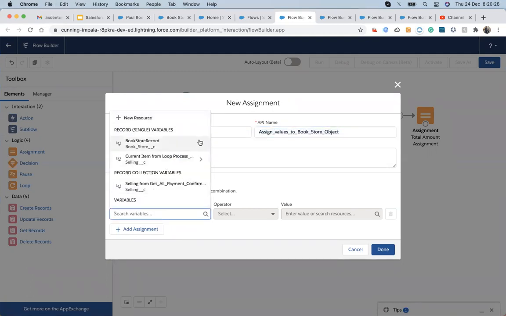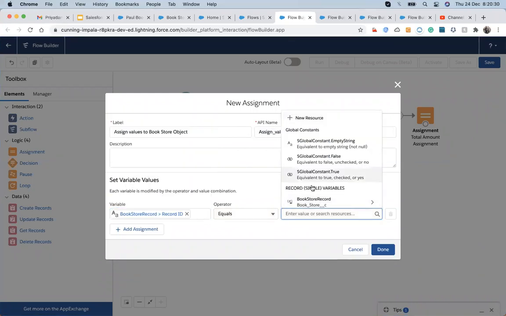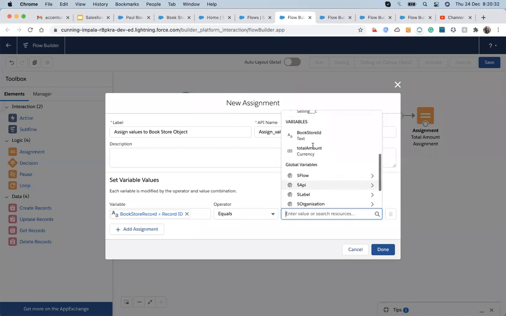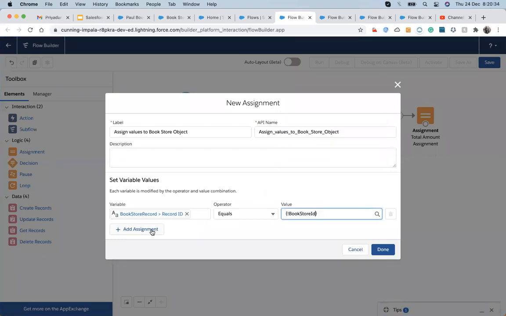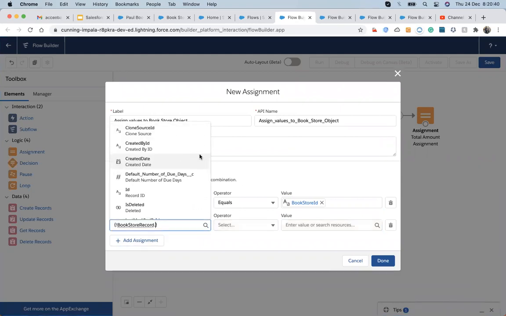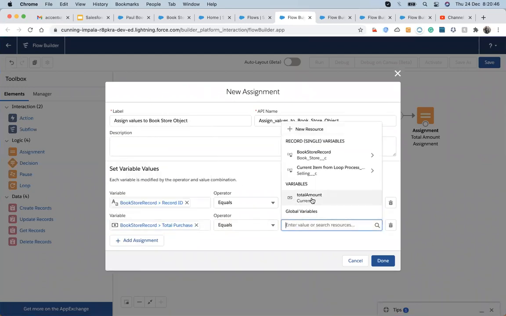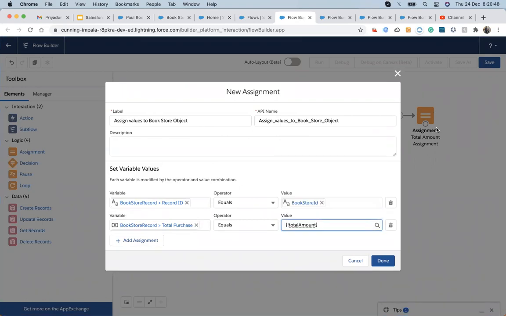So I will get the bookstore record and the ID of the record, which we get from the user, and then a total amount. I need to calculate the total purchase. So bookstore, then we have total purchase. Total purchase will equal what we got from the assignment of that loop, and I hit done.